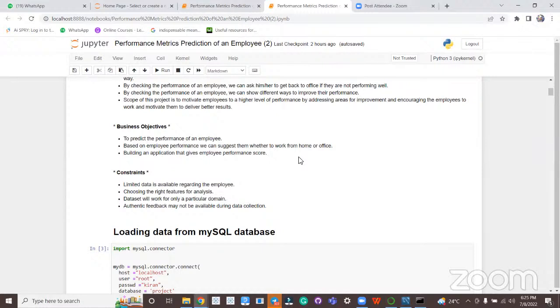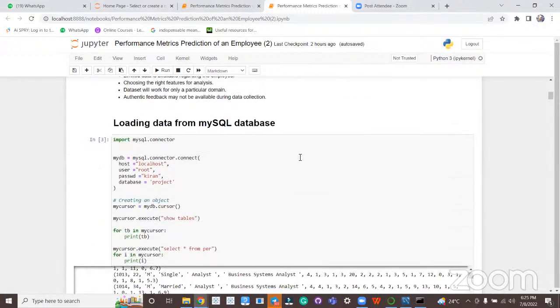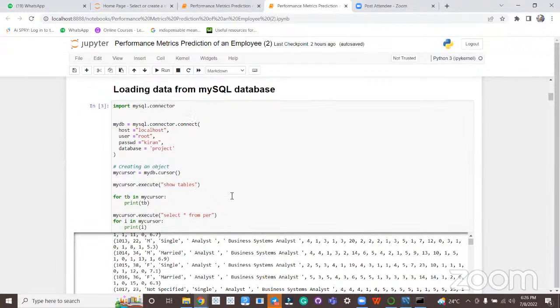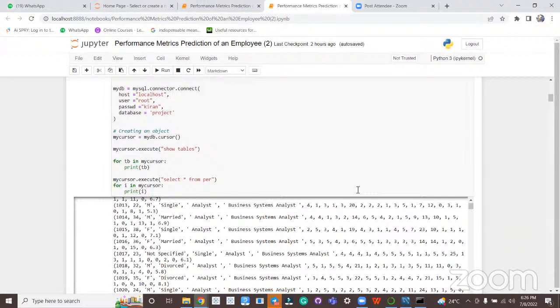The data is stored in an RDBMS system. You can see we use the library MySQL connector to connect to the data and then retrieve the information that is required. This is a dummy data set that is being shown here.